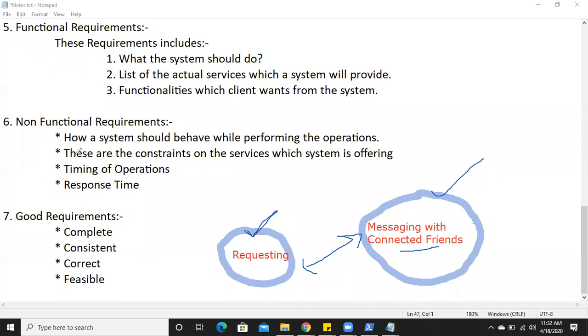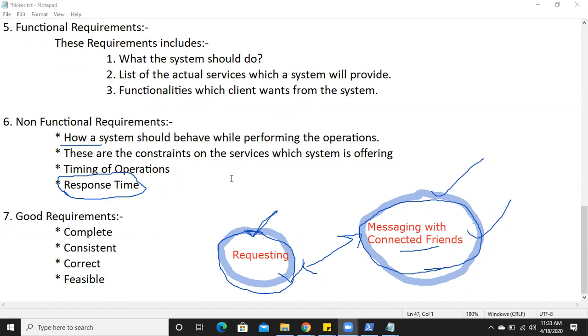So what are the non-functional requirements? Non-functional requirements involve, very importantly, the response time. Response time means in what time this particular module is completing its services, right? So these are the non-functional requirements, those requirements which are not told by the user, but